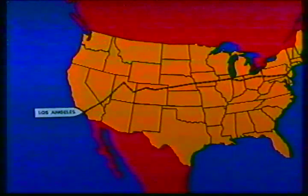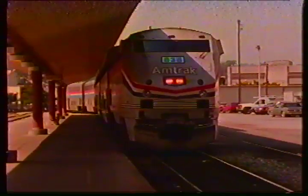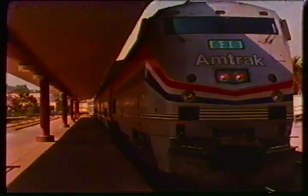And then finally, 3 days out of New York, the skyline of the City of the Angels, Los Angeles, LA. Los Angeles is America's second largest city, with a population of 5 million people in Los Angeles proper and nearly 9 million in the metropolitan region. It is expected to soon surpass New York as the nation's largest city. The Desert Wind slows as it approaches Union Station in the heart of downtown. This is the end of the line,